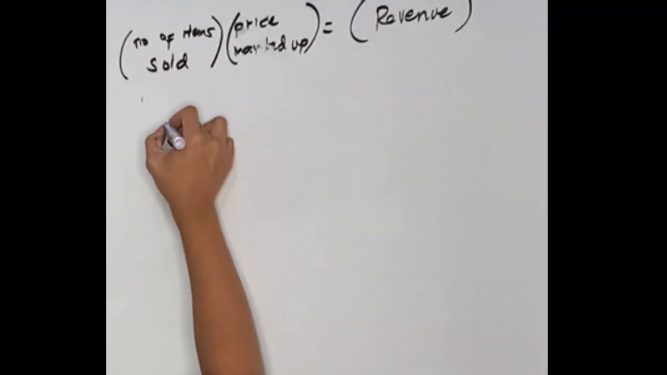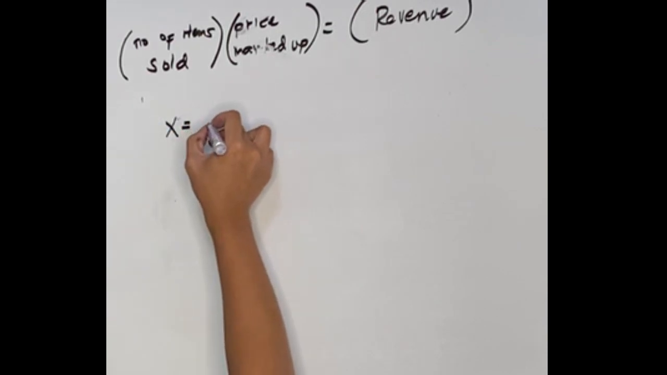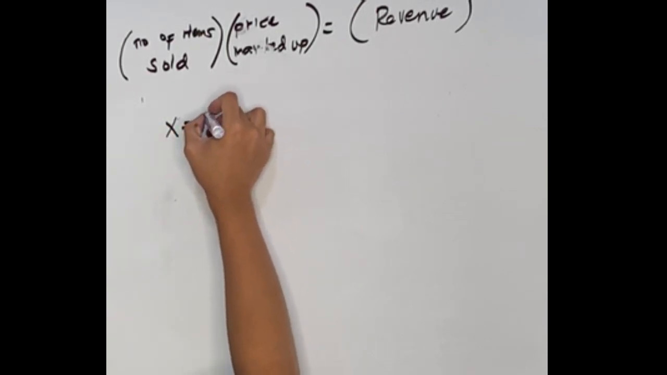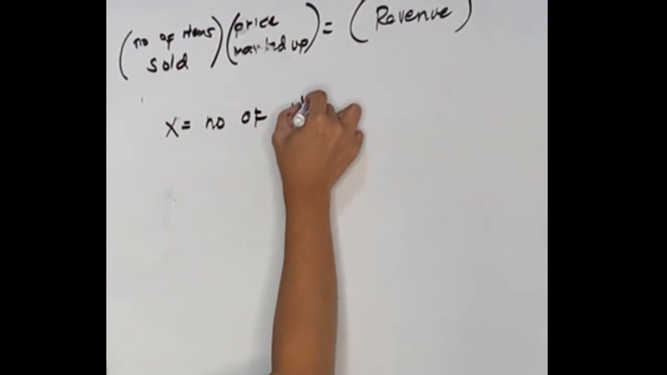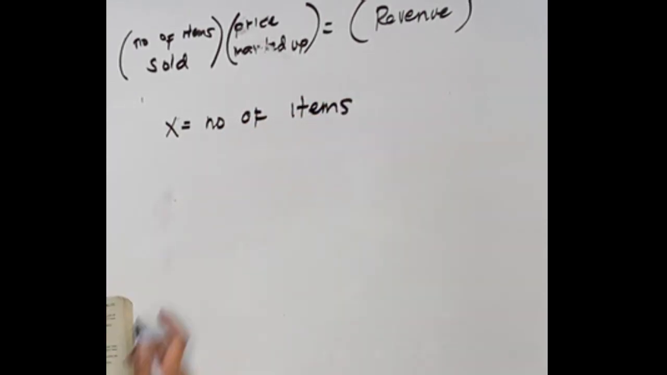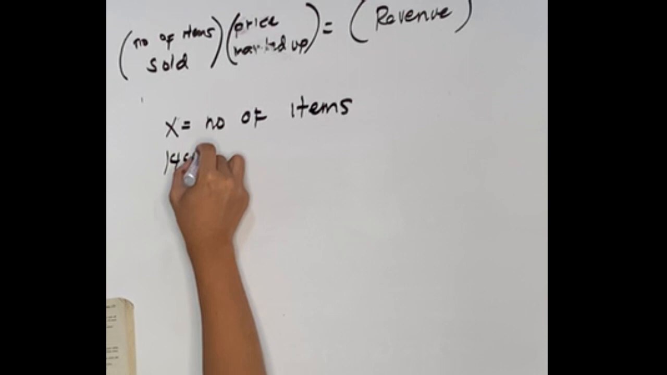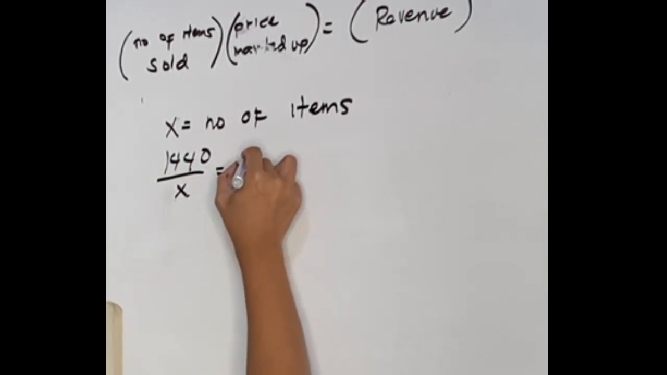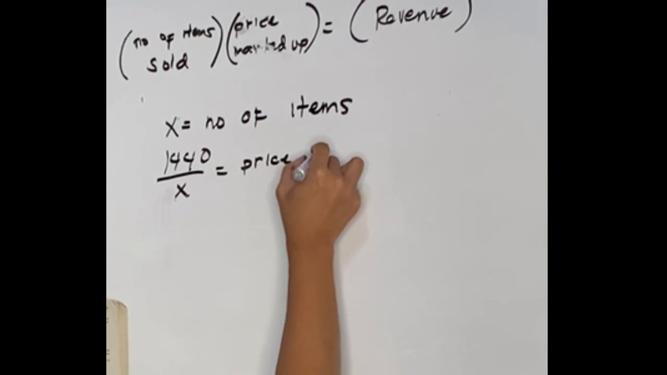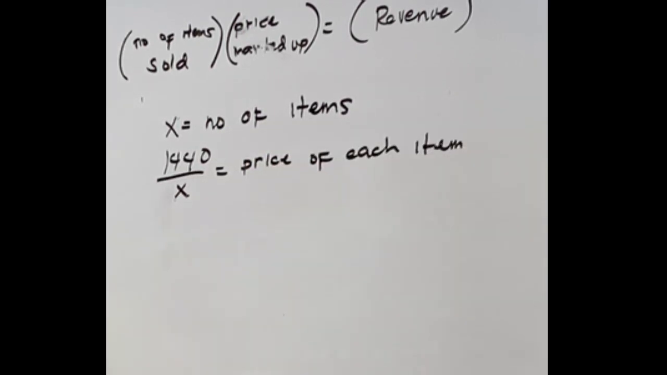So, let x be our number of items, and 1,440 over x will be our representation for the price of each item. So, in the problem, later the price increased at 2 pesos per item, and as a result, he received 24 fewer items. So, it means that